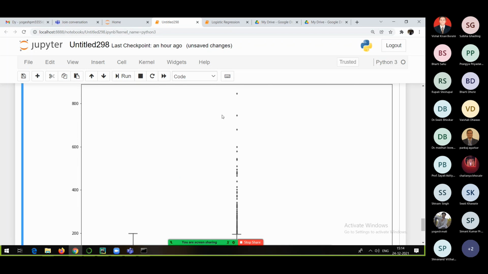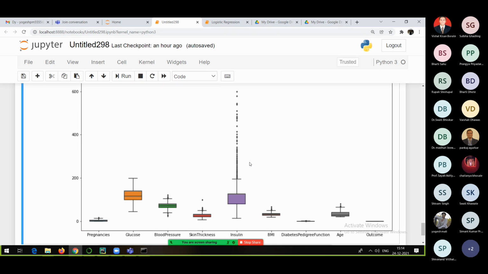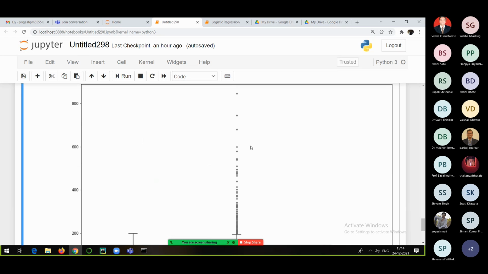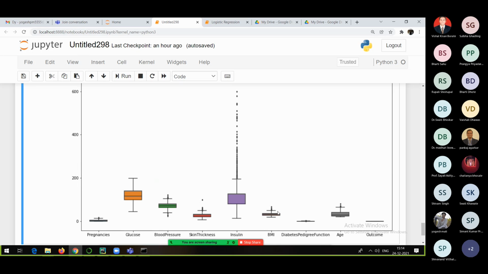Now you can see that there are a lot of outlier values in the case of insulin. So how do we handle the outlier values? We simply remove the data. In every column we have outlier values beyond the maximum value, so we will try to remove the top 10%, 8%, 2%, 1%, 5%, whatever it is. In pregnancies, maybe we will remove the top 1% or 2%. In blood pressure, maybe 2%, 3%. In insulin, maybe 10%, 5%, 8%. It depends. It's a hit and try method. Okay, that is what we are going to do now.